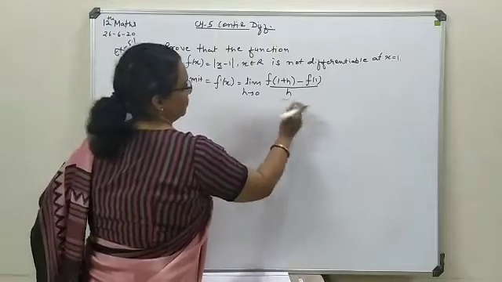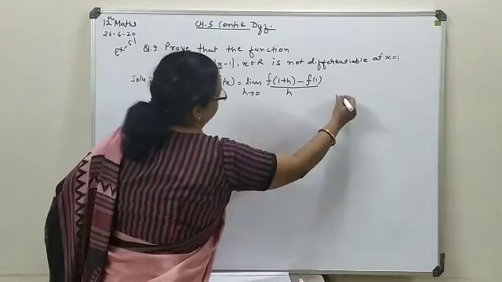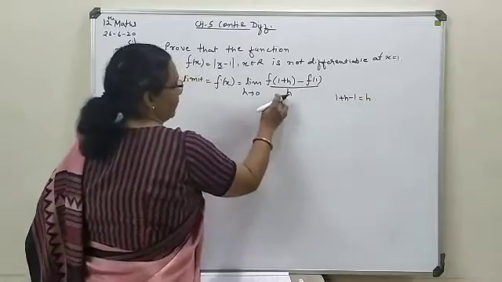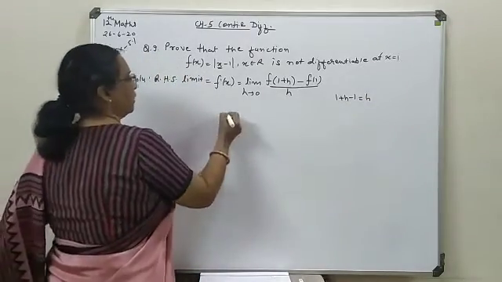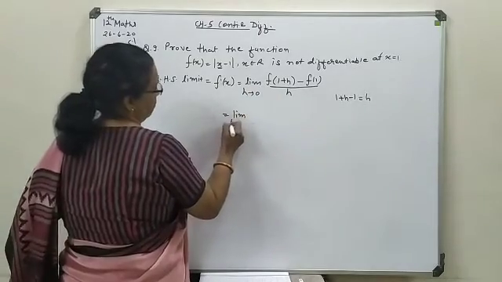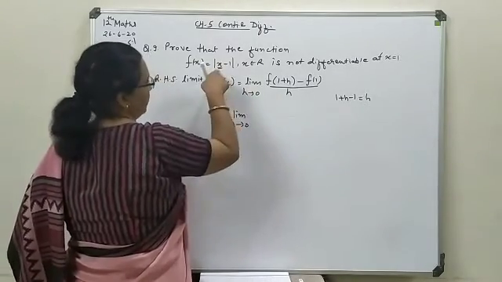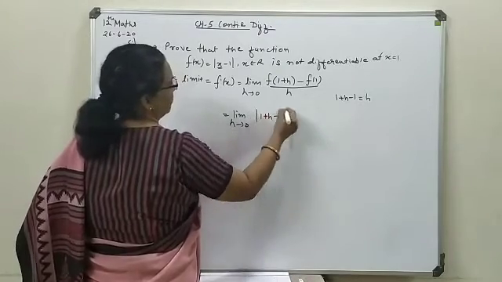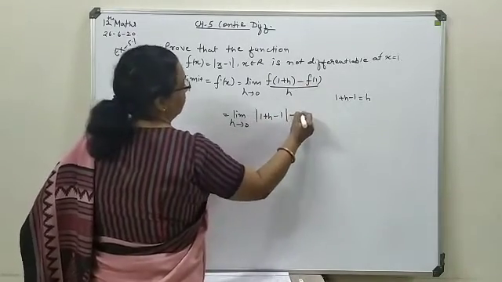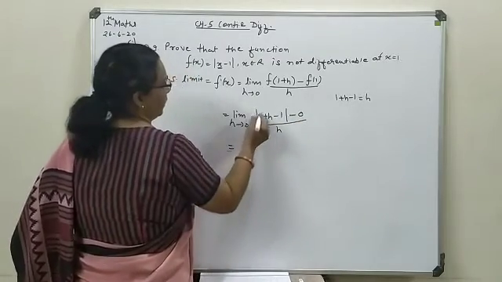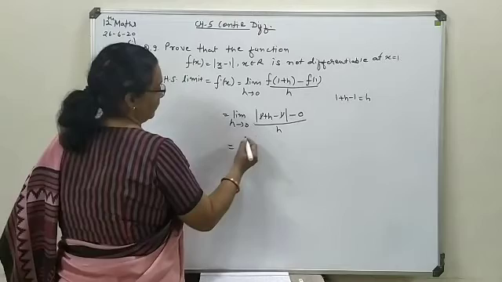Here also this h will be produced as 1 plus h minus 1, that means h. So this way you can directly write h. Now on substitution in your function, 1 plus h tends to 0. In place of x, you will write 1 plus h minus 1 as such. The function value at 1 we have already evaluated, that was 0. Now here again inside it, 1 will cancel.